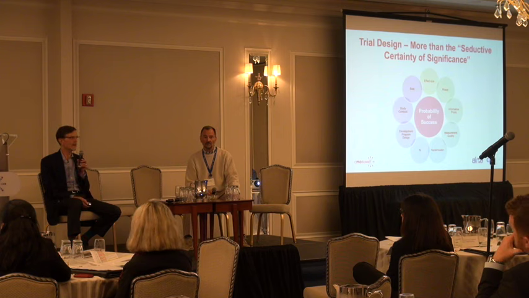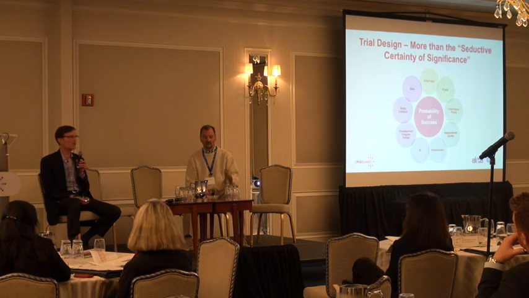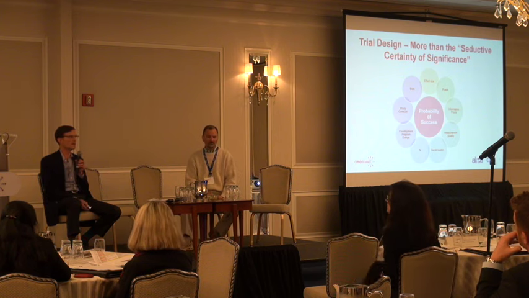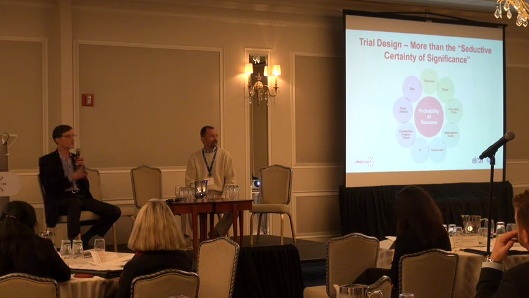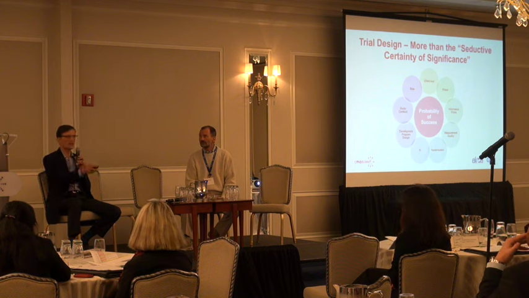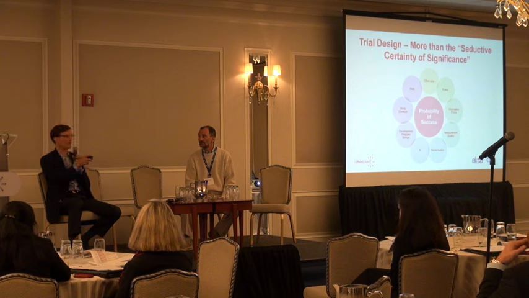Then there's the issue of bias. There's bias you can't control and there's bias you can control. For example, bias you may be able to control is if you go to a site and they have 3 clinical trials ongoing, they say, you've got some competition, your eligibility criteria are just about the same. Do they have a procedure for taking the patients, as was mentioned earlier by one of the speakers, and saying, okay, first patient in the door goes into trial A, second patient trial B, third patient trial C, fourth patient trial A, and do that? Or do they say, this one looks a little sicker, I think we're going to put him in the trial that I think they can tolerate? They've already introduced bias that you may not even know about